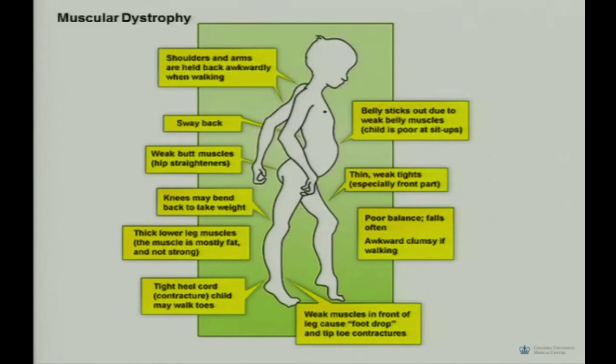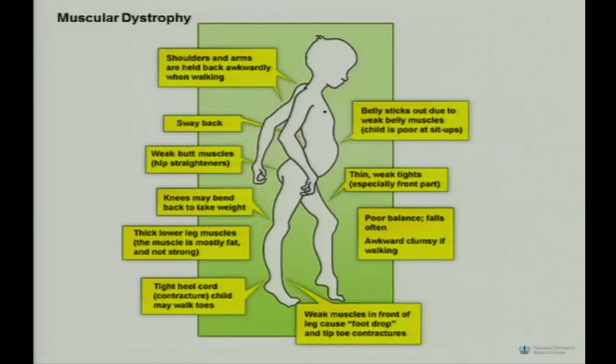So the changes in posture are basically a result of larger muscle groups, postural muscles, that are imbalanced. So you get this sort of arching of the back. The belly sticks out because of the weakened abdominal muscles. What's also very, very common with muscular dystrophy is